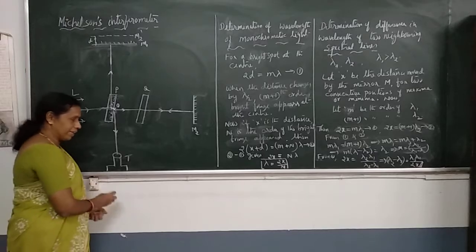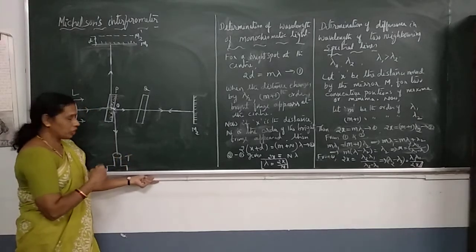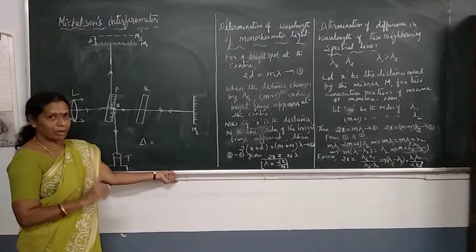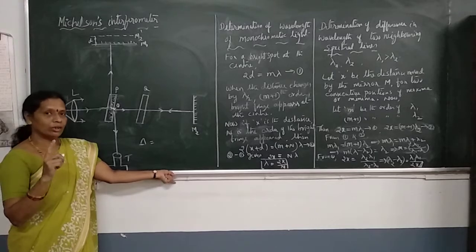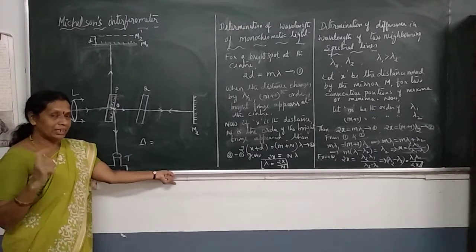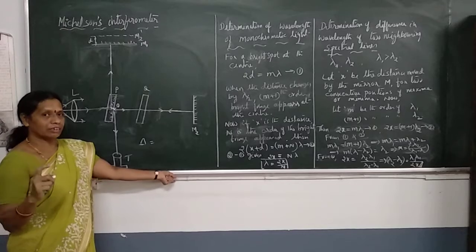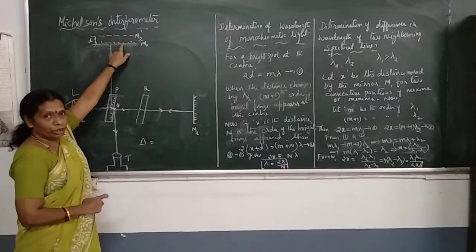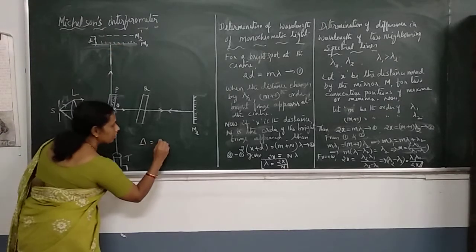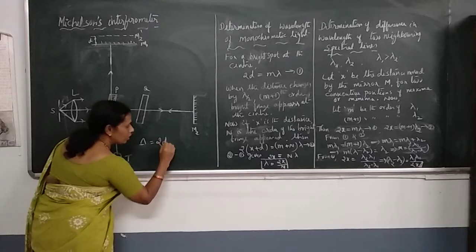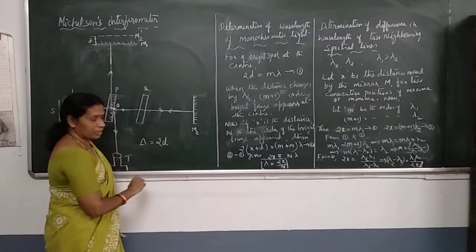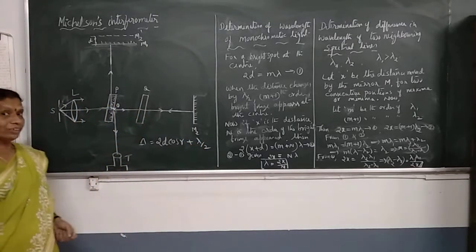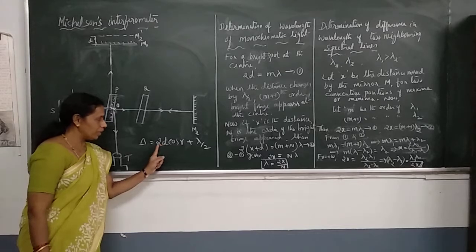So in reflected light, in the previous discussion we had derived the expression for path difference delta as 2nt cos r plus lambda by 2. In that equation, n is the refractive index of the medium, t the thickness of the film. Let us take the thickness here as d, and an air film is introduced, n is 1, so that the path becomes 2d cos r plus lambda by 2.